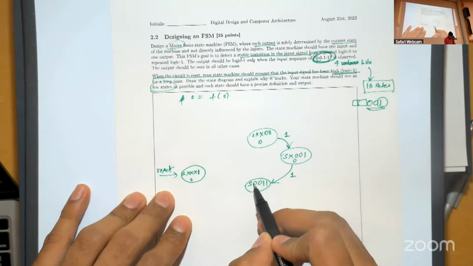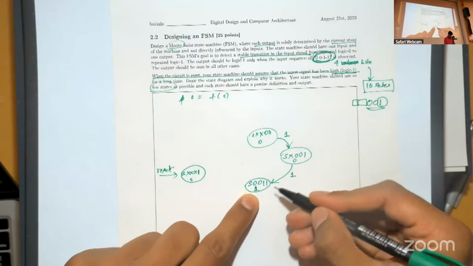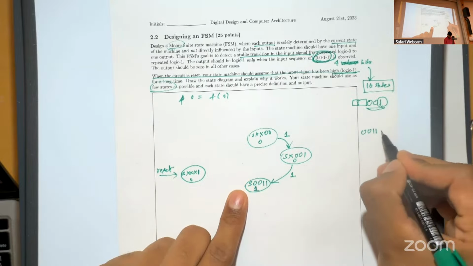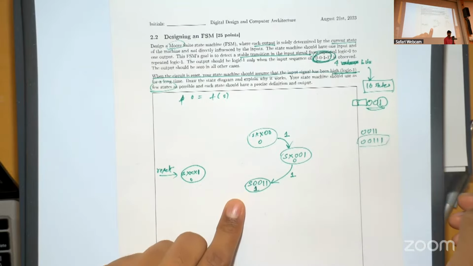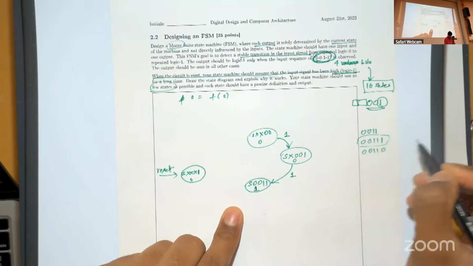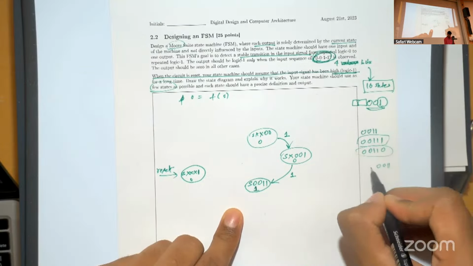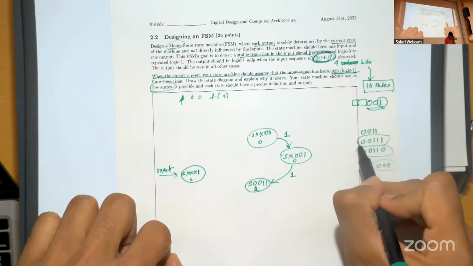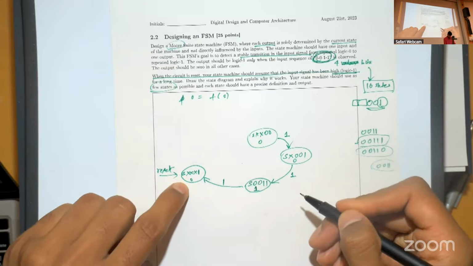Let's look at S0011. What happens when I see a 1 after this or a 0 after this? If I see a 1 after, let's say, 0011, this is no longer an interesting pattern for us because we can't get to 0011. And if you see 00110, again, this is not an interesting pattern because what you want to see is 0011 in the sequence. So in the case that you get 1 after this, you go to the reset state,